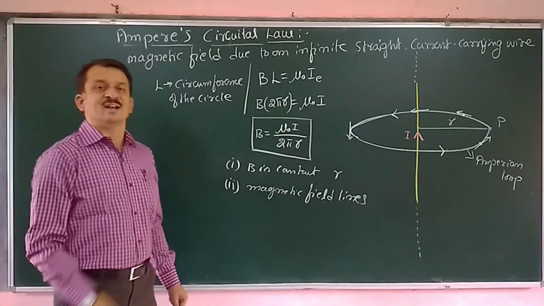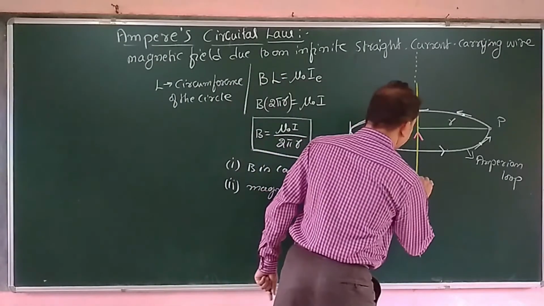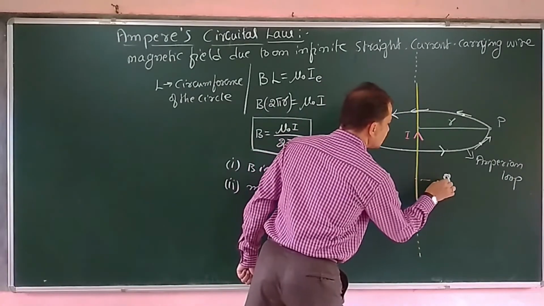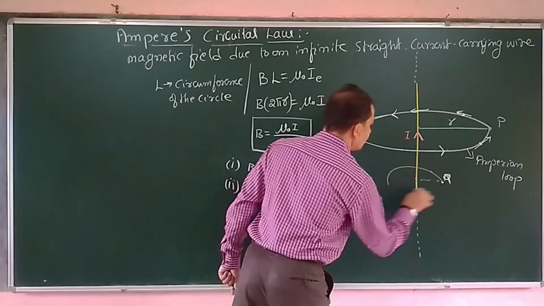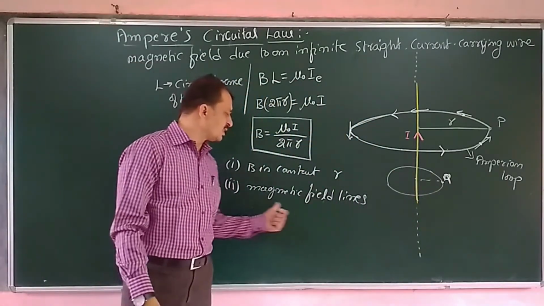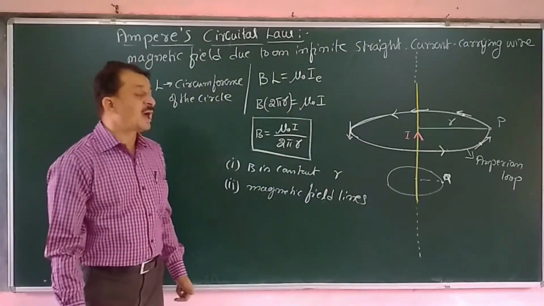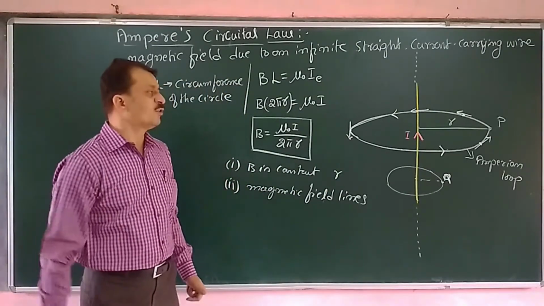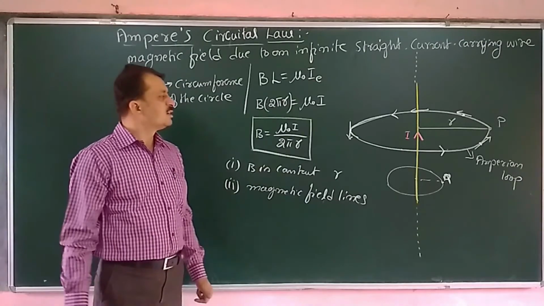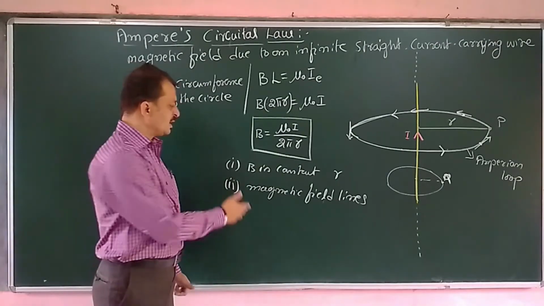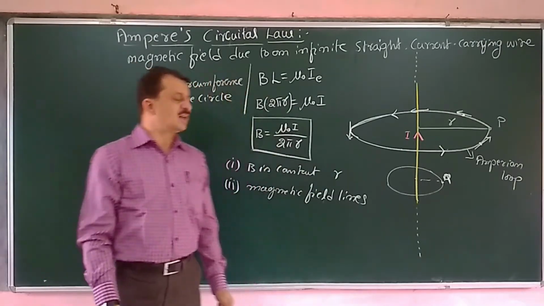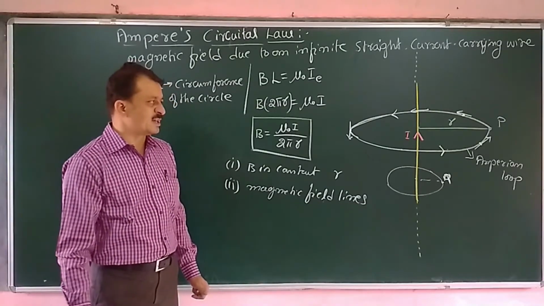Similar to that of electric field lines. Now if the point is at this position, some point Q, then what is the Amperian loop? We have to take the Amperian loop like this. This loop itself represents the imaginary line, therefore it is also called magnetic field lines. Therefore, the imaginary lines around the current carrying conductor, which represent the magnetic field, are called magnetic field lines. Now this is similar to electric field lines, but one care should be taken here.